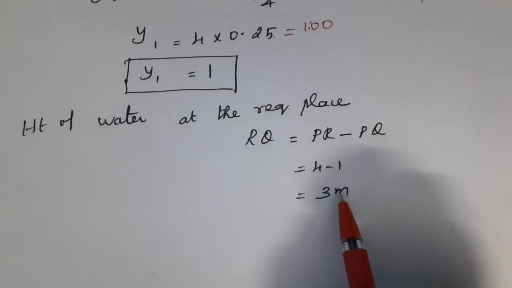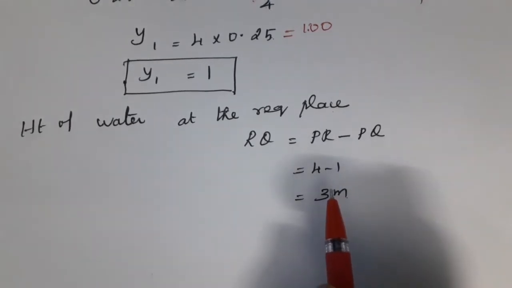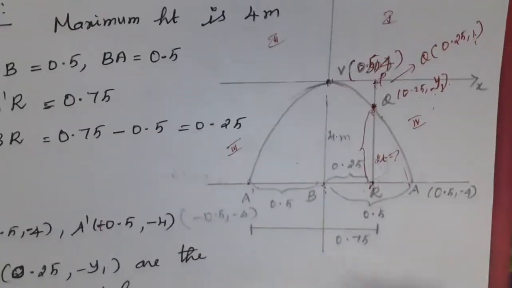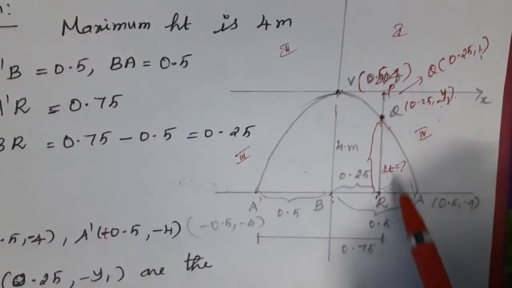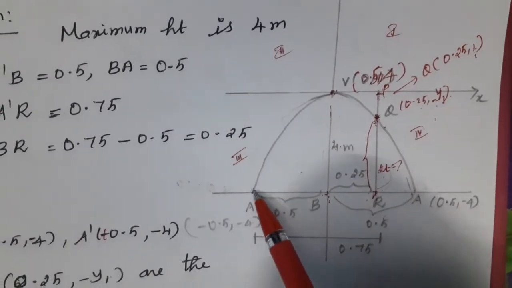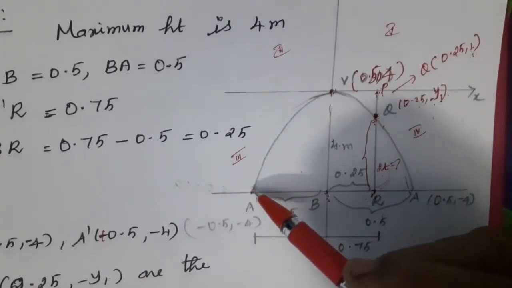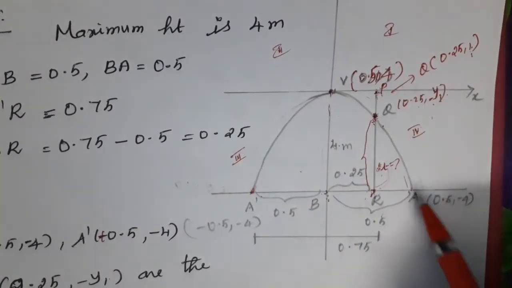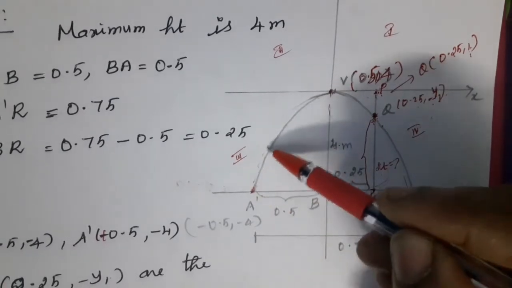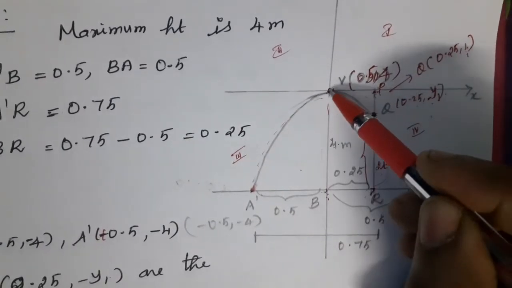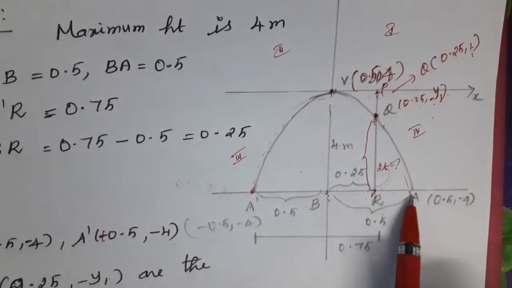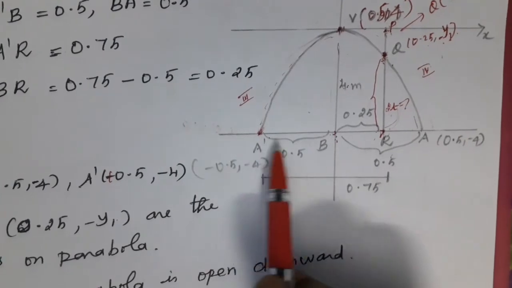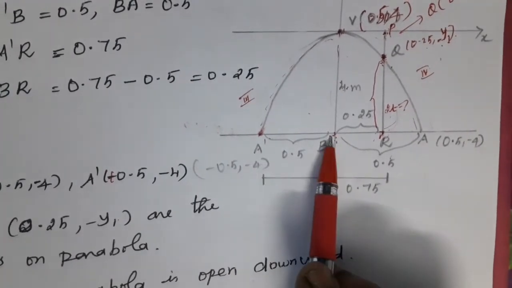So the first sum and the third sum are both the same model only. Remember the diagram. Once you understand the diagram, the sum is very easy for you. What is the maximum height of the waterfall? The water starts from the origin, here, goes up and again comes down. Remember that the waterfall goes to the top, reaches its maximum, then comes down. So the maximum height is 4 meter. The horizontal distance is 0.5 meter from the center. Here 0.5 means here also